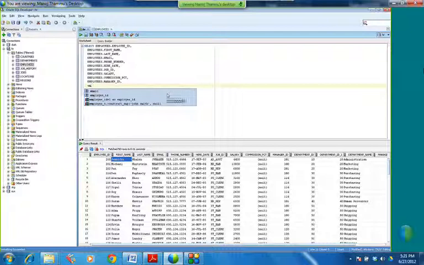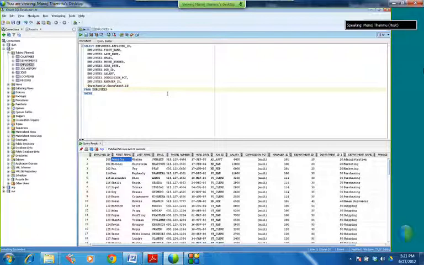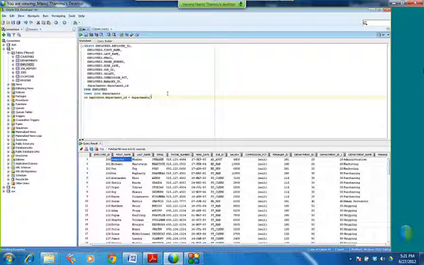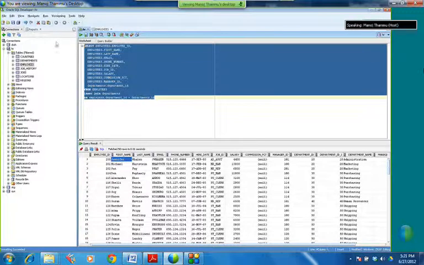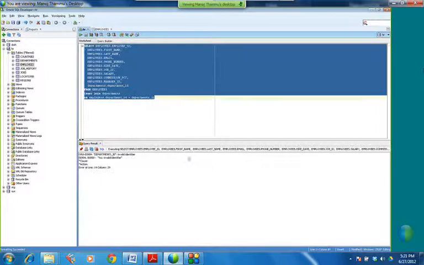I need employees.department_id from employees inner join departments on employees.department_id equal to departments.department_id, right? Is this query right or wrong?